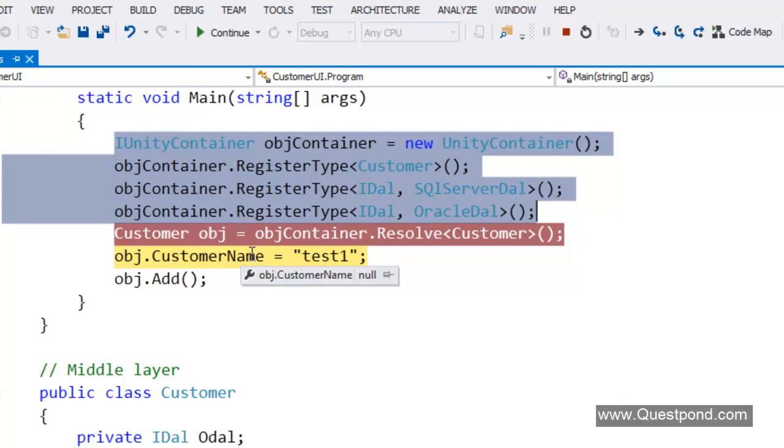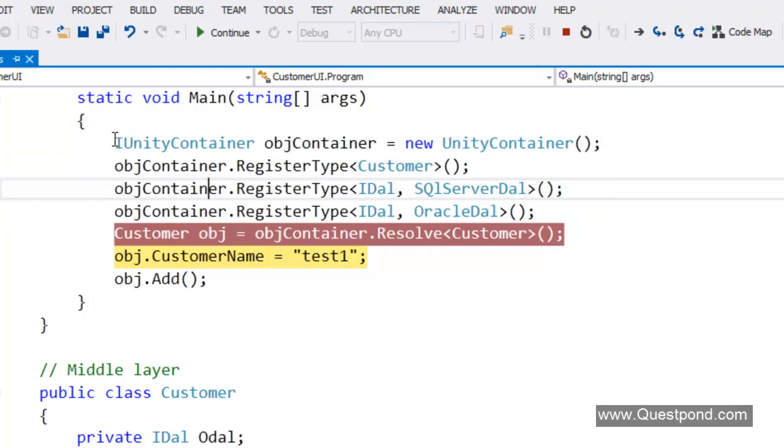For example, if it is ASP.NET, then this code can go in the global.asax file. If it is WPF, then this code can go in app.xaml.cs. So this startup code can go anywhere. It is not necessary that it should be a part of the user interface. But at this moment, with a console application, the startup always happens from the static void main, right? So that's why I put the code here. But in actual enterprise applications like WPF or ASP.NET, they always have their own startup event, and this kind of code can go in those startup events. They don't have to be a part of any user interface.